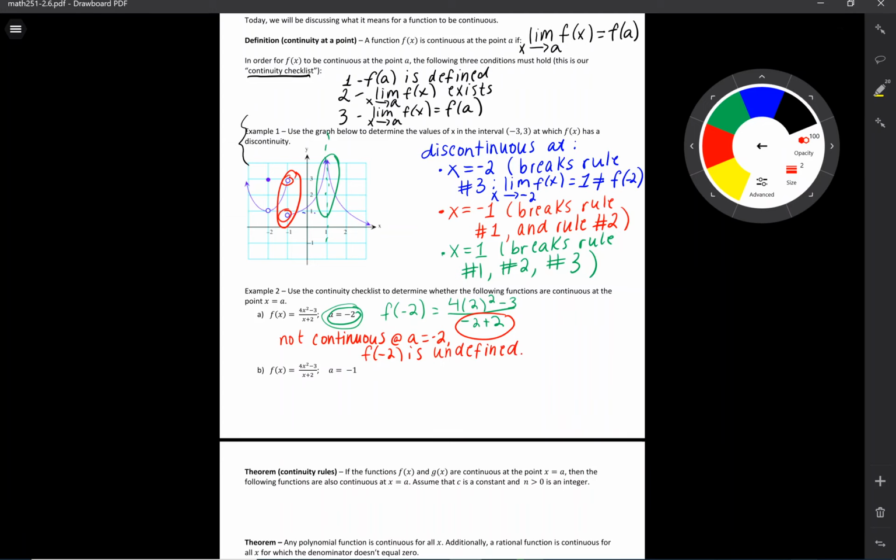And then I want to look at the same function at the point -1. If I have a rational function that does not equal 0 on the denominator, I am always continuous, right? Rational functions are continuous except for when my denominator is equal to 0. And if I plug this point into the denominator, I can see that it's not equal to 0. So this is continuous,